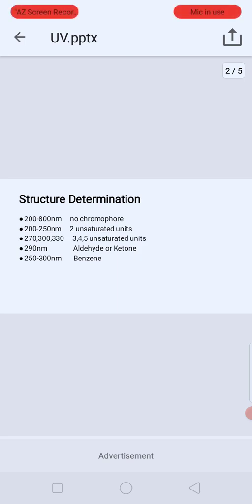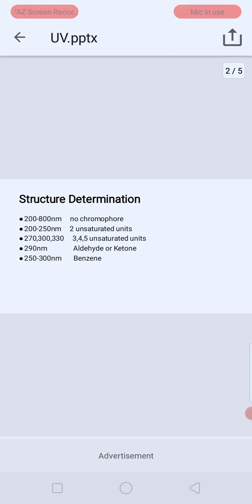UV visible spectroscopic technique is best used to decide between possible structures after the main functional group and skeleton have been determined by other means. It is, however, possible to make some generalizations. For example, if a compound does not show any absorption in the 200 to 800 nanometer region, it certainly contains no conjugated olefinic system, no carbonyl or benzene system, while the strong absorption